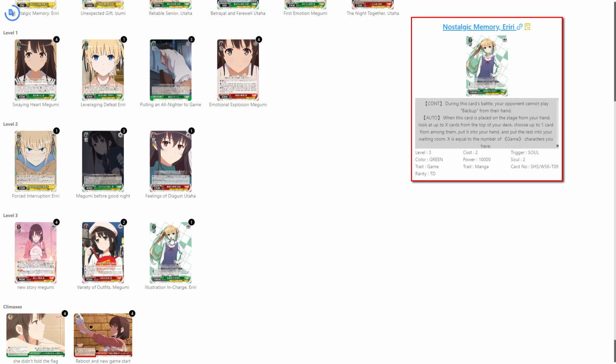And our final card that most people don't run, but I like it as a 1 of at the end of the game. This is Illustration in Charge Error. This is also our only trial deck card. During her battle, your opponent cannot play backups, and her other effect is what I play her for. It's a dig for down X in your deck for a card, where X is the number of characters you have on the stage. I love these characters as like oh shit buttons